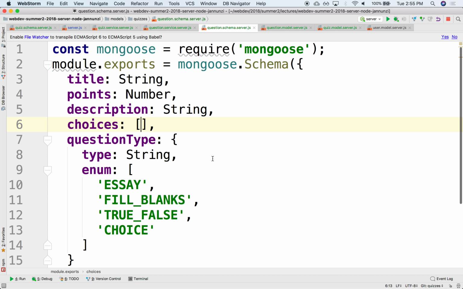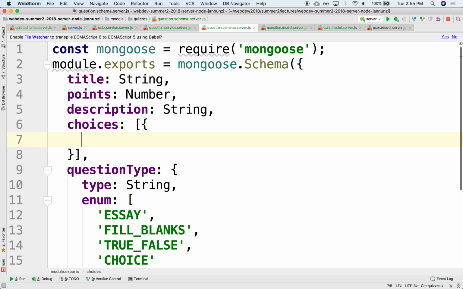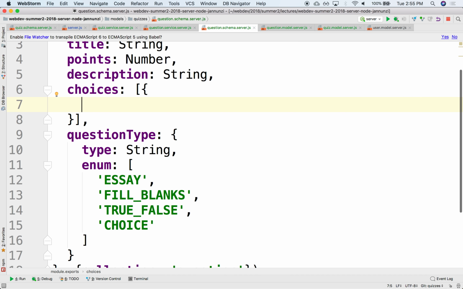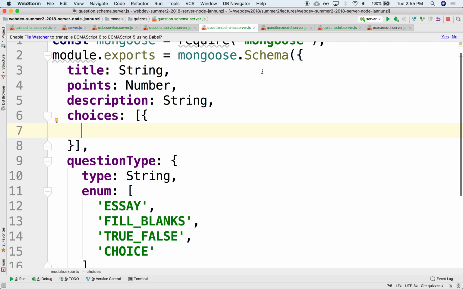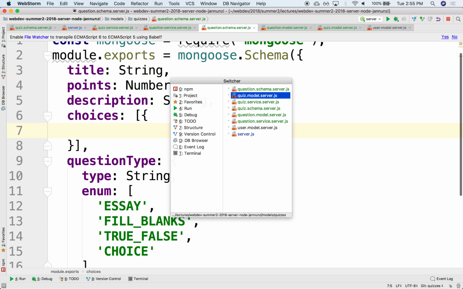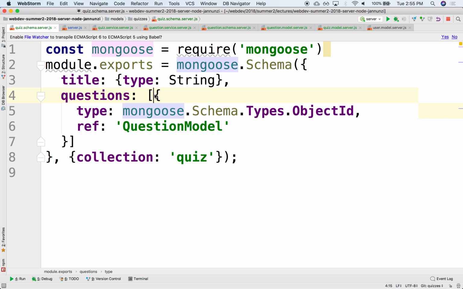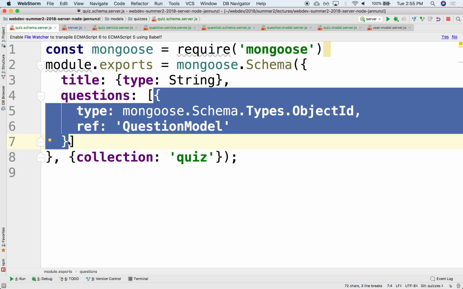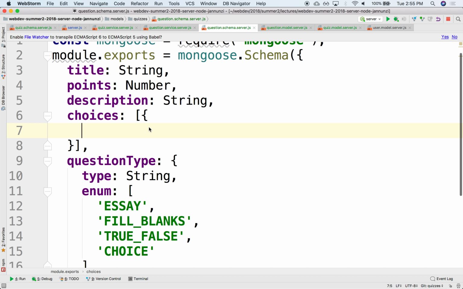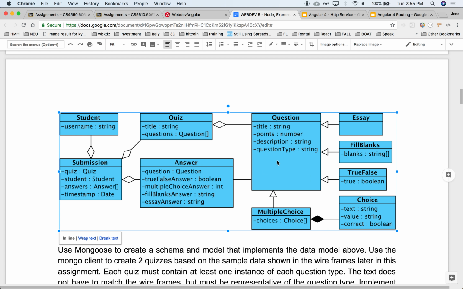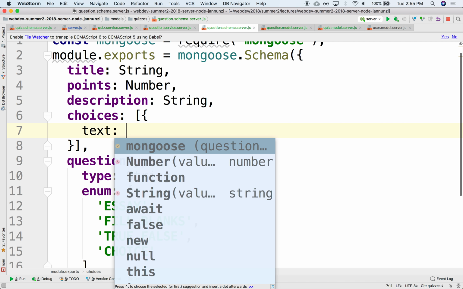And then in here, the array, we need to say, well, it's an array of what? Well, it's an array of the following schema. We're not going to do what we did in the quiz schema. In the quiz schema, the object was referencing something that lived elsewhere in a different collection. Here, instead, it is going to live right here. Okay, so what does the object look like? Well, those objects look like this. We have a text component that has a string,